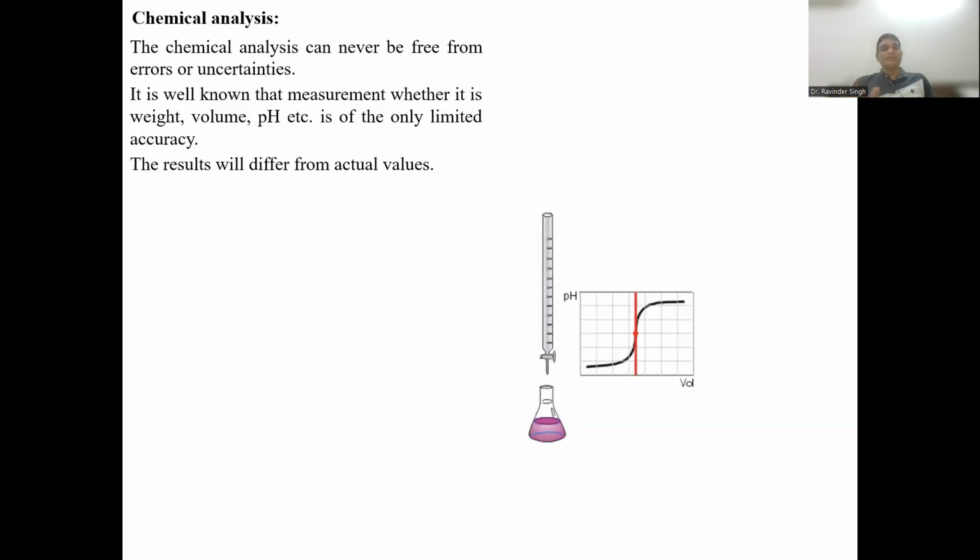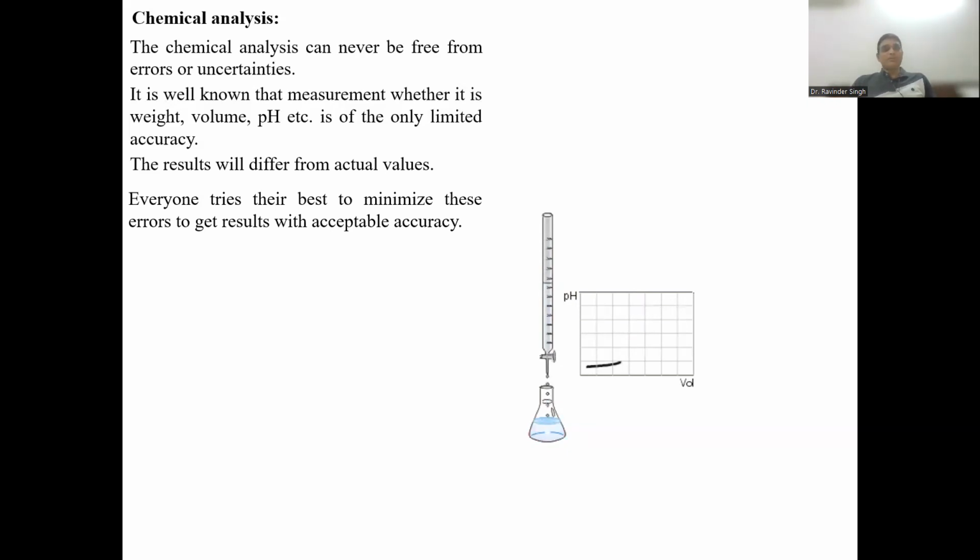लेकिन इन सारी चीजों को ना देखते हुए, क्योंकि हमें काम कैसे करना है, जो सॉल्यूशन टीचर ने दिए उसने अपनी तरफ से, टीचर ने अपनी तरफ से सॉल्यूशन बिल्कुल सही एग्जैक्ट कंसंट्रेशन के बनाए होंगे, इन सारी बातों को मानते हुए ही हमें टाइट्रेशन करनी होती है। और फिर अगर हमारे जो रिजल्ट है वो टीचर के रिजल्ट के साथ मैच नहीं करते, तब हम ये लाइन कहते हैं कि the result may or may not be differ from the actual values. मीन्स एवरीवन, मीन्स आप सभी जो स्टूडेंट हैं, आप पूरी कोशिश करते हैं, everyone tries their best to minimize these errors to get result with